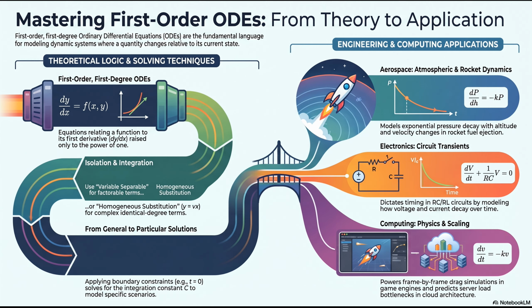Meaning, the higher you go, the less air there is to begin with. Right. So the rate at which the pressure drops actually slows down the higher you climb. Yes, exactly. Mathematically, it's a classic variable separable ODE, dP over dH equals negative k times P. The change in pressure over the change in height equals a negative constant times the current pressure.